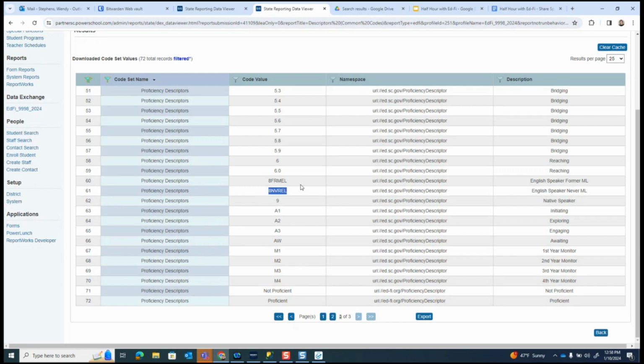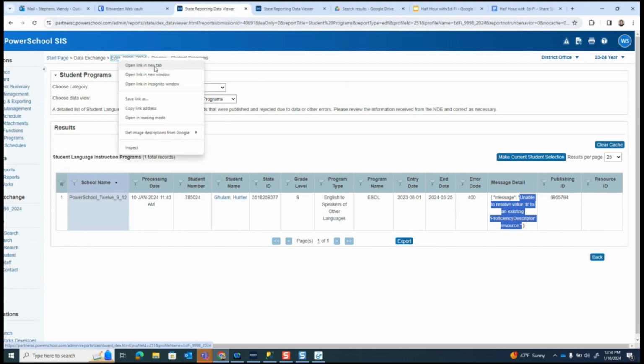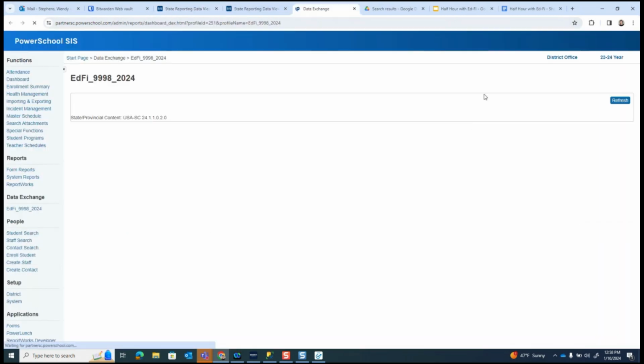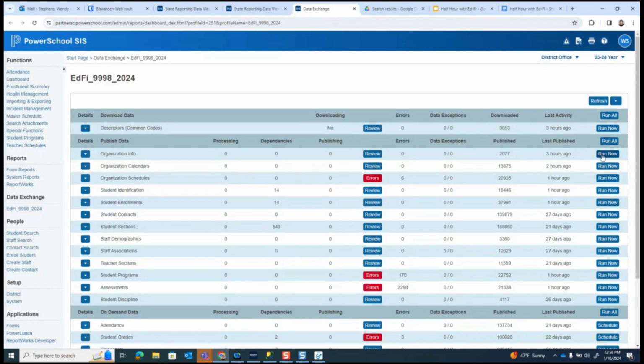we would have to evaluate it situation by situation, right? If you think that the value of 8 should be fine, then that might be a question for SCDE: is there a reason why this descriptor isn't here? You might want to think, did I definitely download the descriptors? That I definitely hit that run now button for the descriptors right here before I publish the category, right? Just thinking about the order of things.